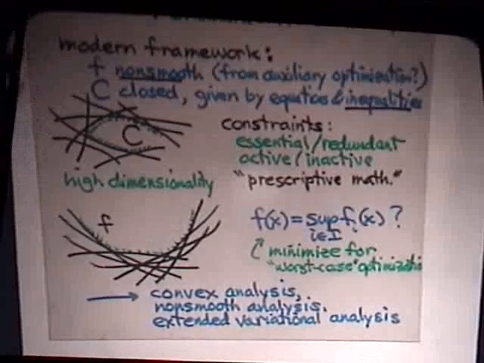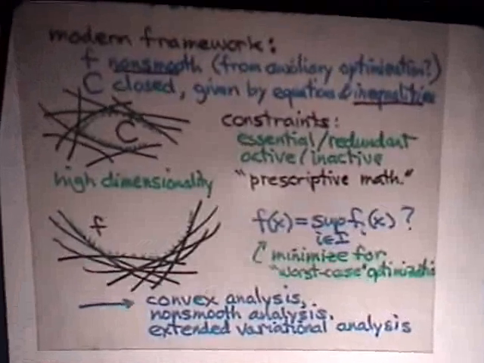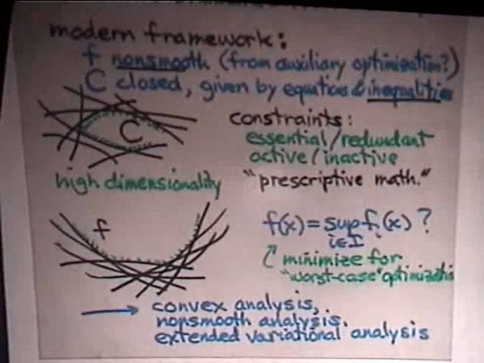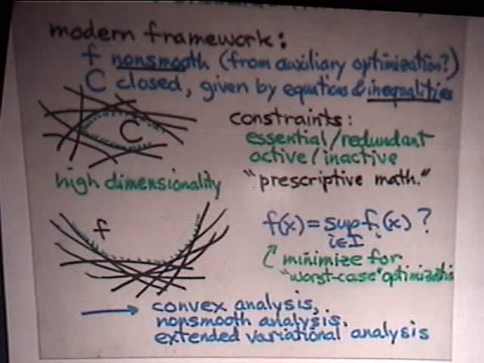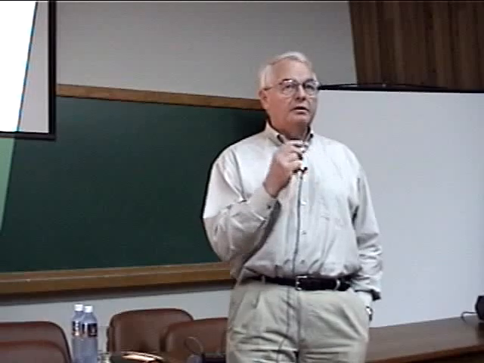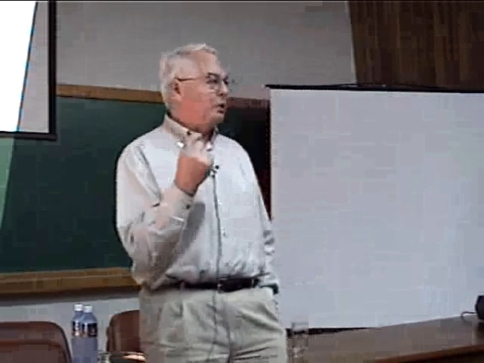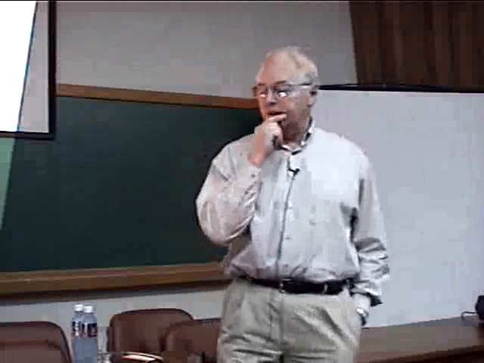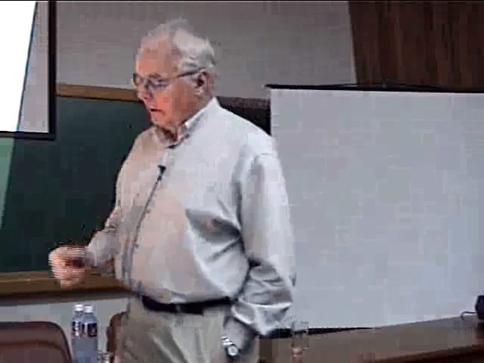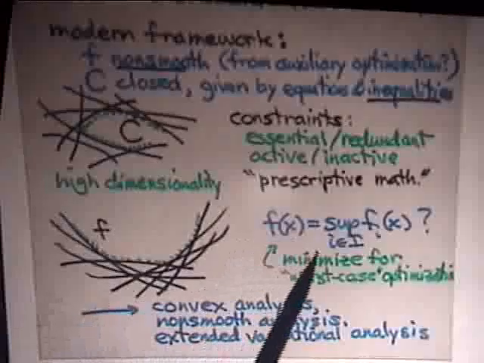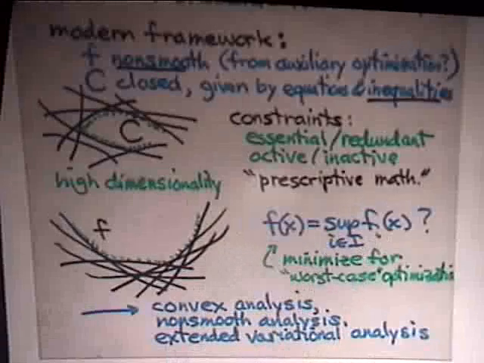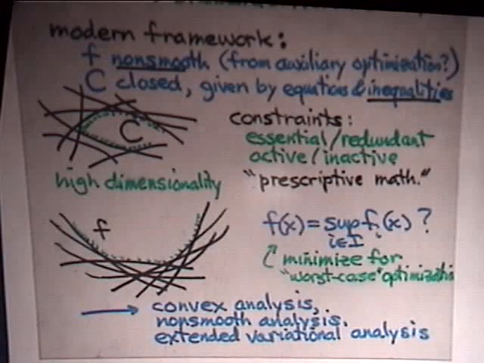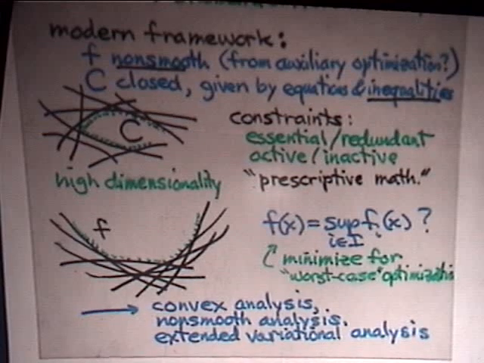Now, just a word about the non-smoothness of a function. The functions we want to work with in optimization are often defined by operations of optimization themselves. The function value is already the output of some other optimization in one way or another, maximization or minimization. And here I've given an example where the value of this function is a supremum. I wrote it here as if it's a discrete index, but there could be something continuous there. So this particular idea you could understand as something about a worst case.